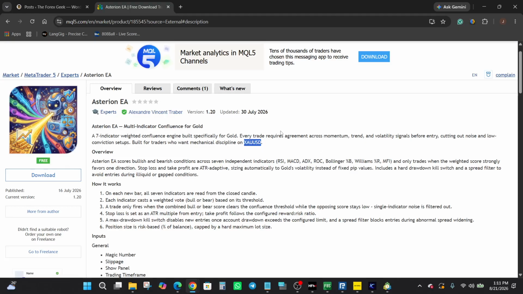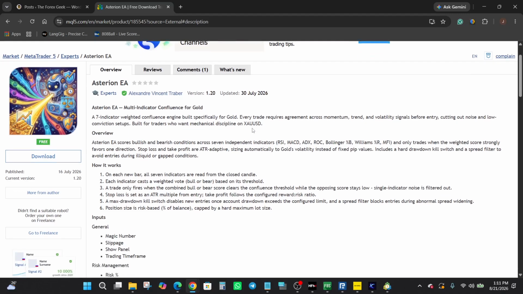So the listing is currently free. As you can see, it's a free download, and the version shown here is 1.2 with the latest update dated July 30th, 2026. Now, moving into the main description,